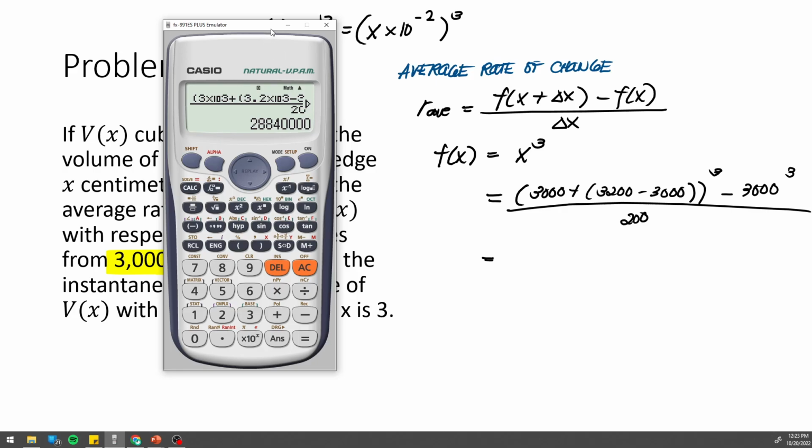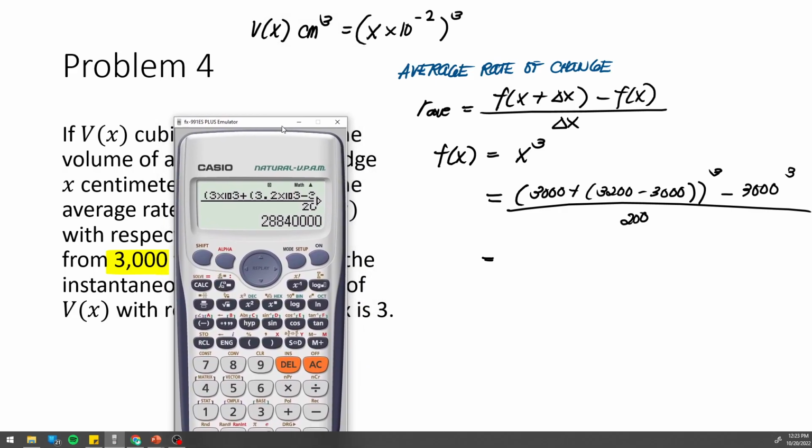We need to convert this, since this is in the base unit, but since we are computing for cubic cm, remember, 1 cm is equivalent to 1 times 10 raised to negative 2 meters. So, to become cm cubed, this is equivalent to 1 times 10 raised to negative 6. So, just move it to the right 6 times. That's what times 10 raised to negative 6 means, or just simply put n. What you see here is the number of places moved. Don't mind the sign. So, therefore, we will have